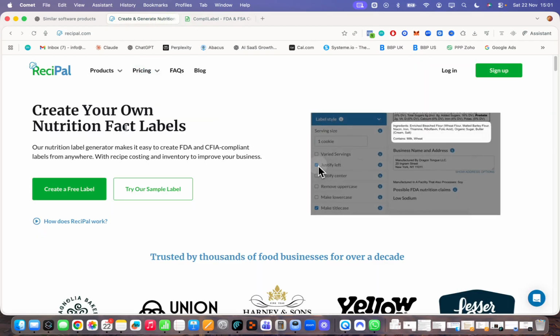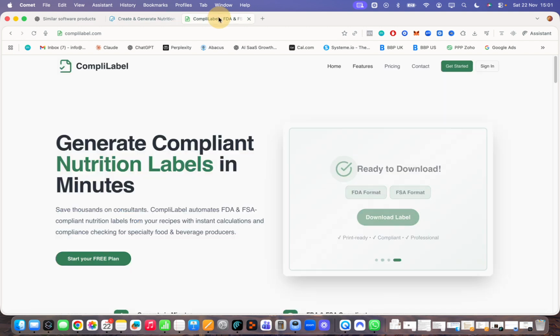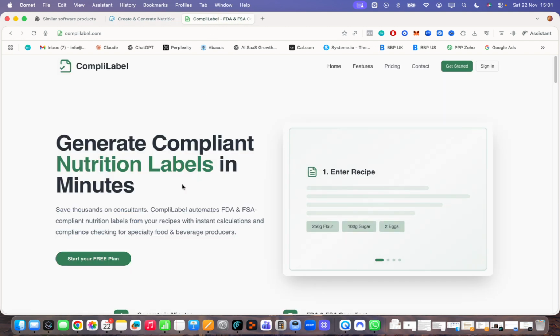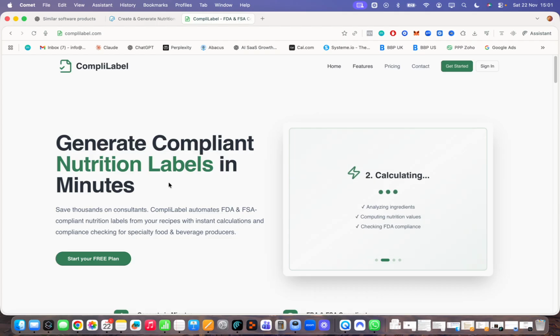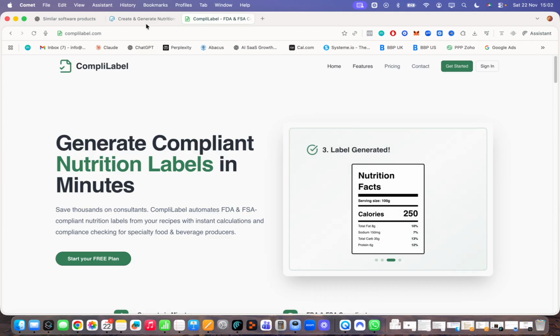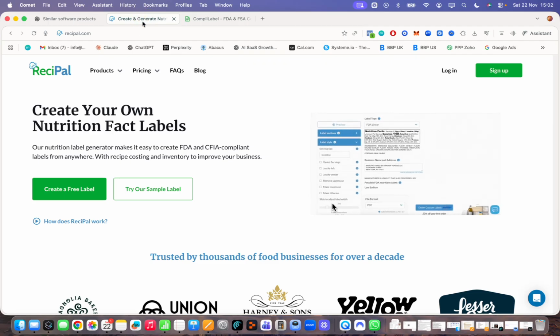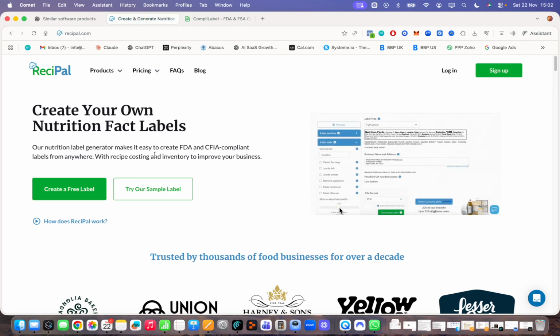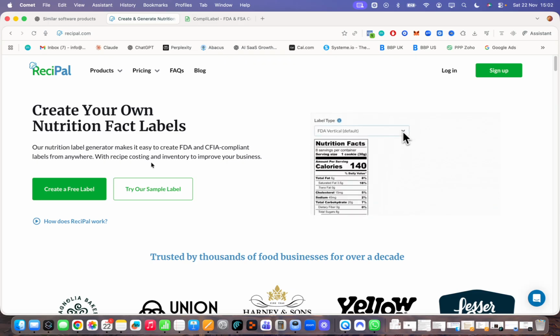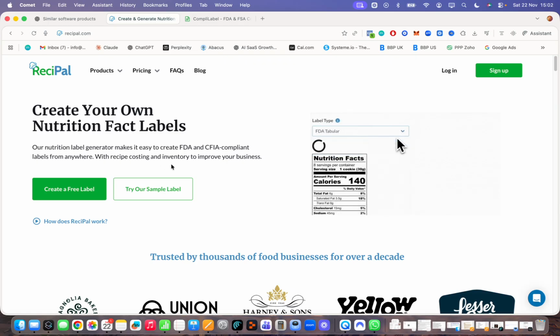Create your own nutrition fact labels. So it says what it does on the tin. Generate compliant nutrition labels in minutes. Says what it does on the tin. Not particularly sexy, but it says what it does on the tin. Our nutrition label generator makes it easy to create FDA compliant labels from anywhere with recipe costing and inventory